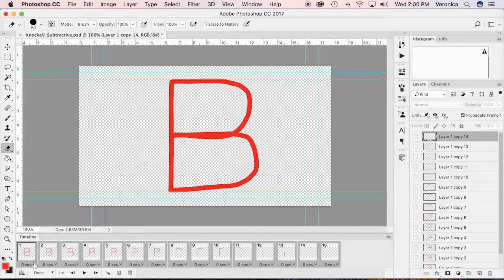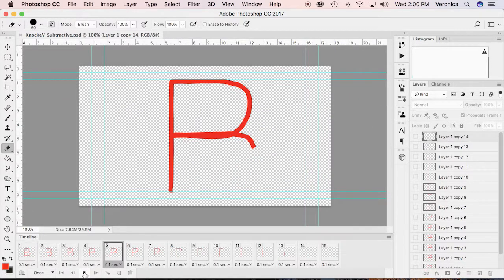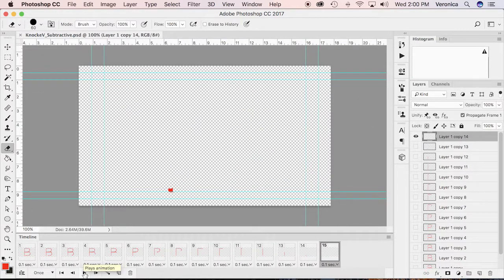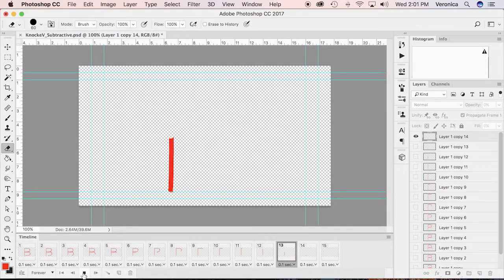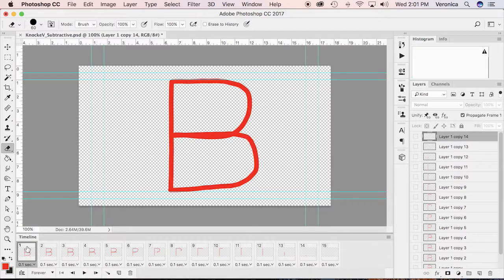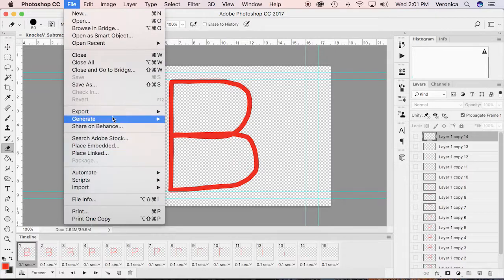I'm going to change 0 seconds to 0.1 seconds. Command Save, play that to see it works. And it works. And I'm going to tell it to loop, so forever. Okay, Command Save, and now I'm going to go to File, Export,